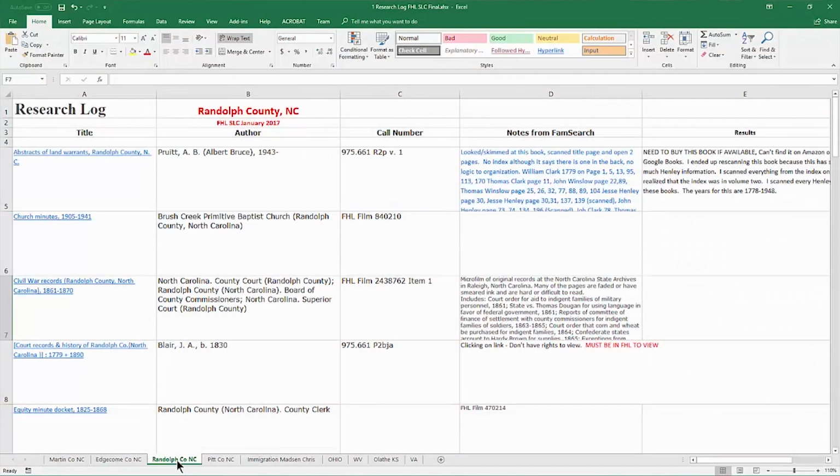With research logs, the results, positive or negative, data found, and the source information are all in one place. From here, you can cut and paste your positive findings and source information into your research notes. All of this is a vital time saver and helps prevent repeating the same research and will help you to